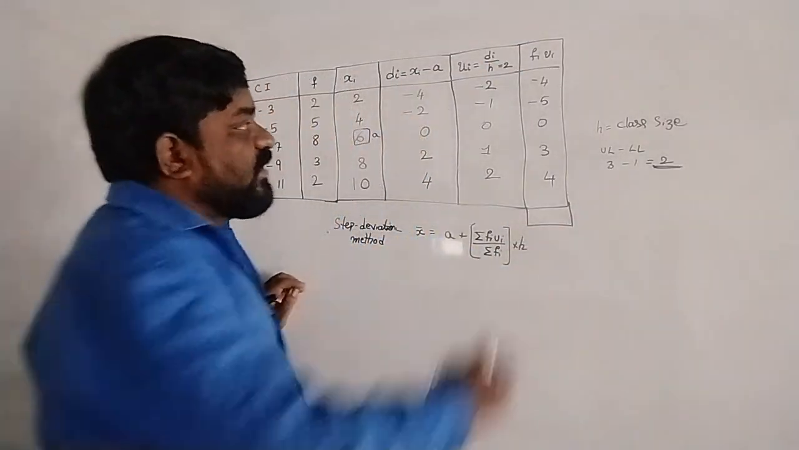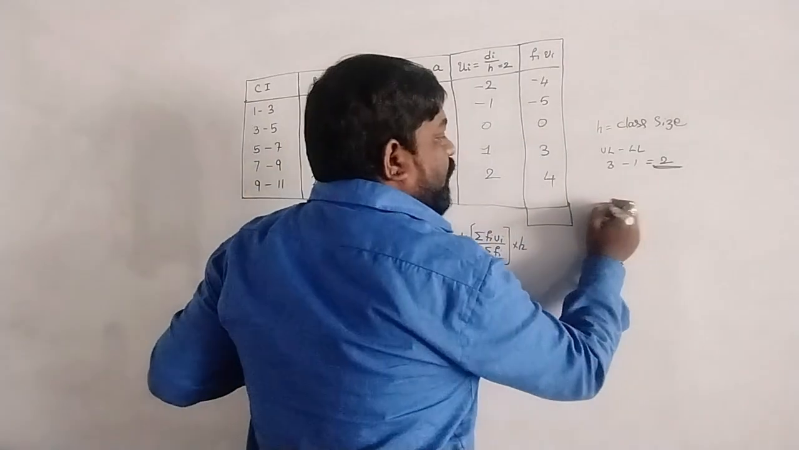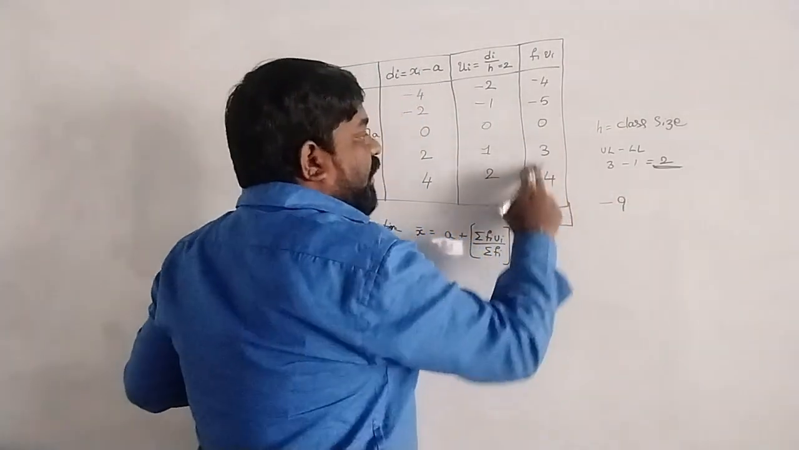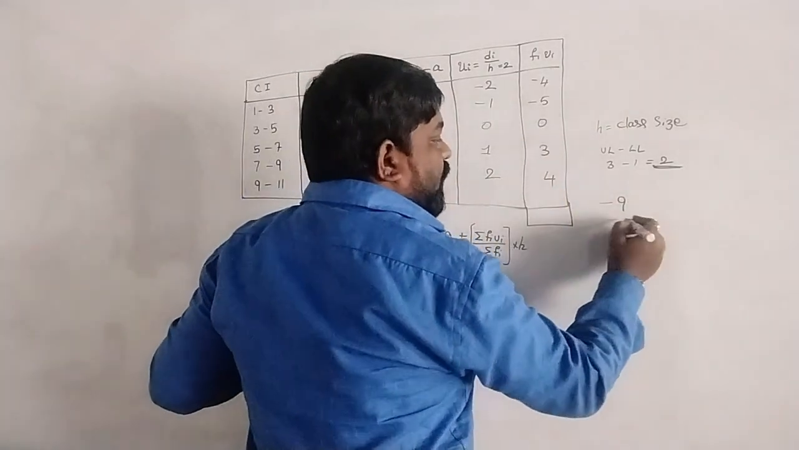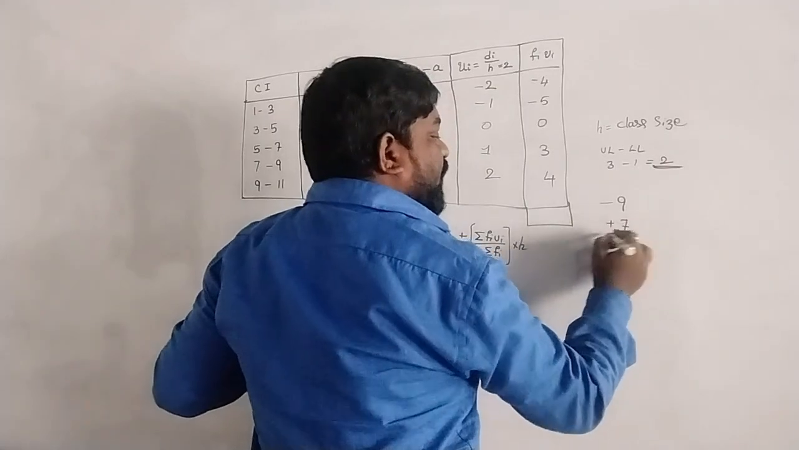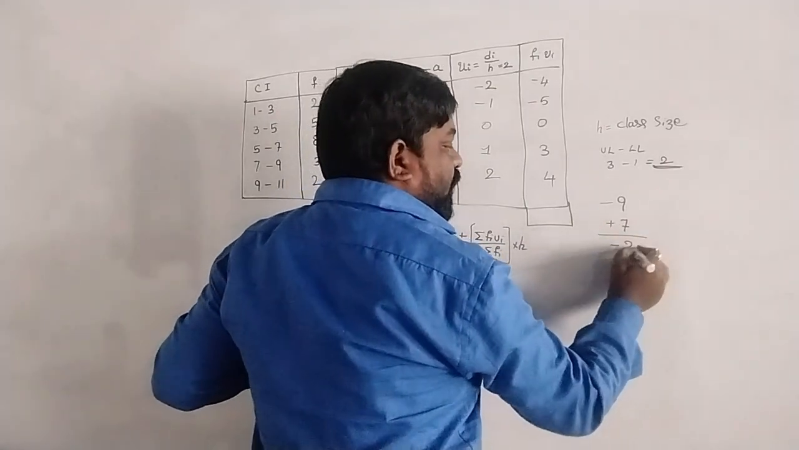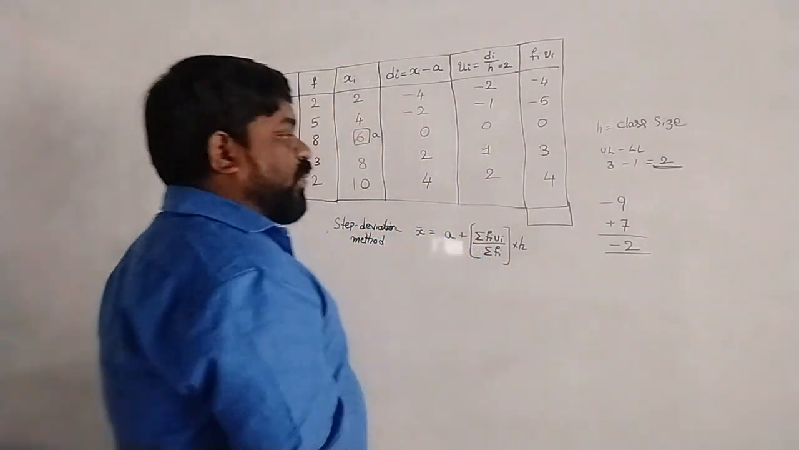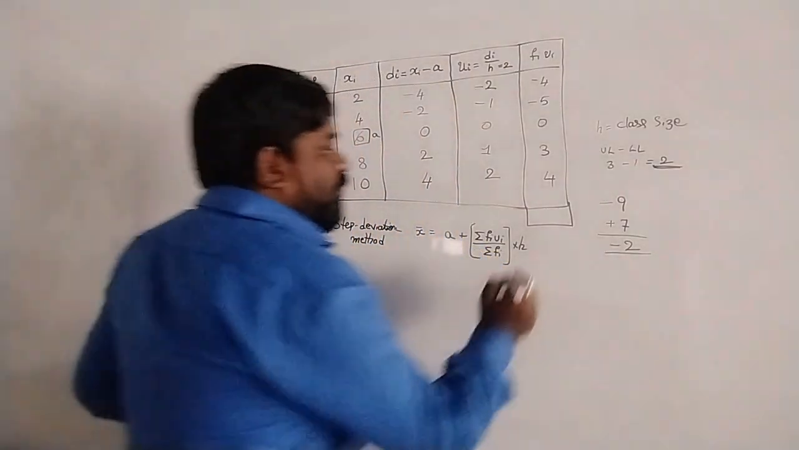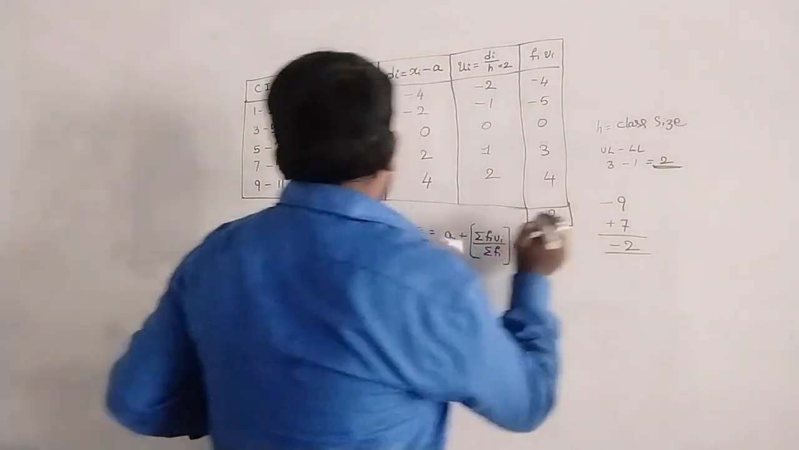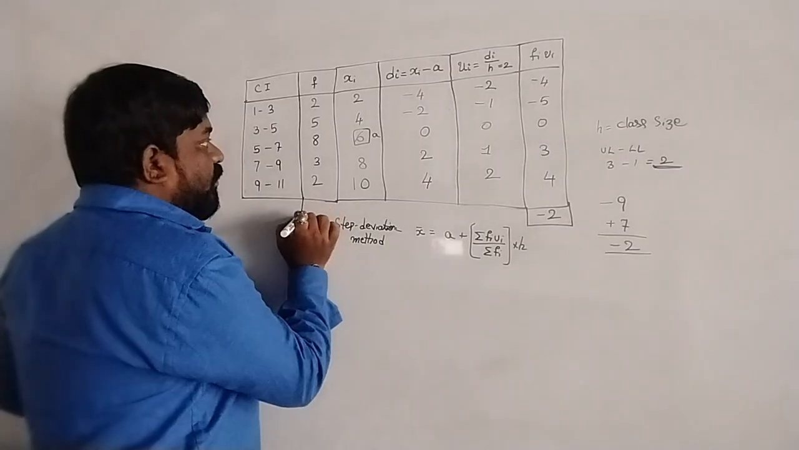So how much will we get? First add the negative numbers. We will be getting minus 9. Then add the positive numbers. We will get 7 plus 7. Now, two different signs, so subtract the numbers, minus 2. So we got the answer as minus 2 here, and the sum of